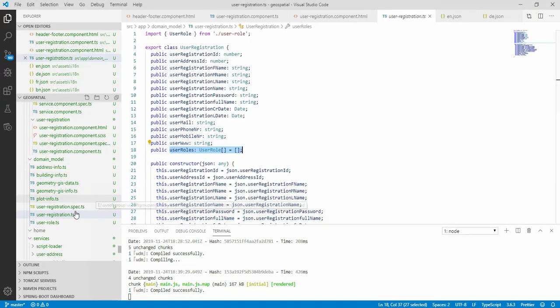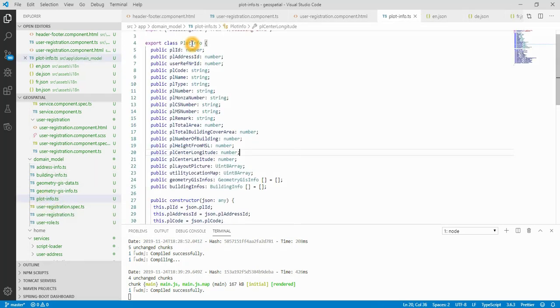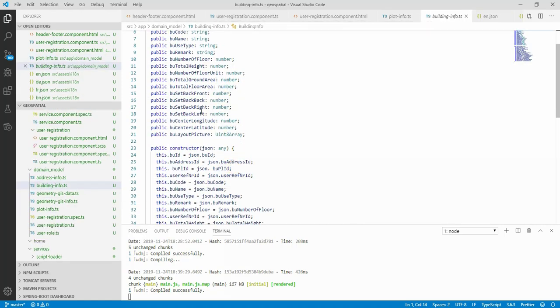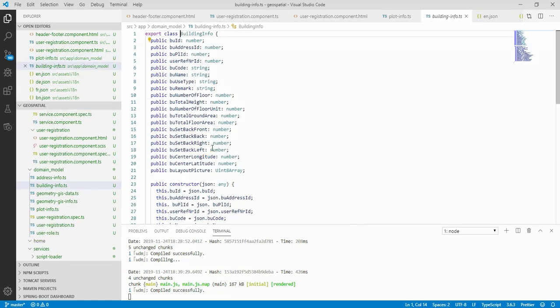So here's a model definition. All the models that I need, like the plot information. I have a plot that needs to be defined for all forms, and then there is a multiple geometry object. One plot has multiple buildings, and buildings have multiple floors, I think, but there is no definition yet at the moment. This is all the model definition I needed